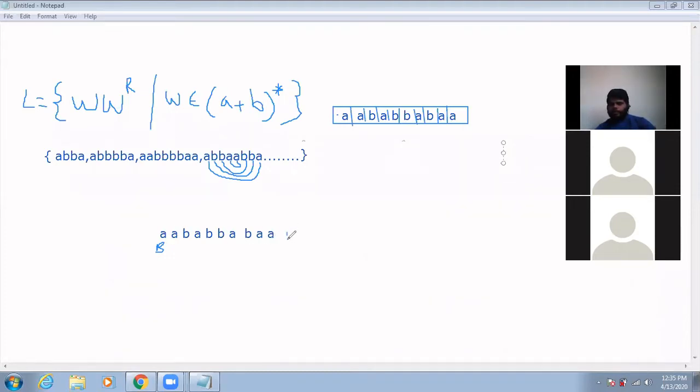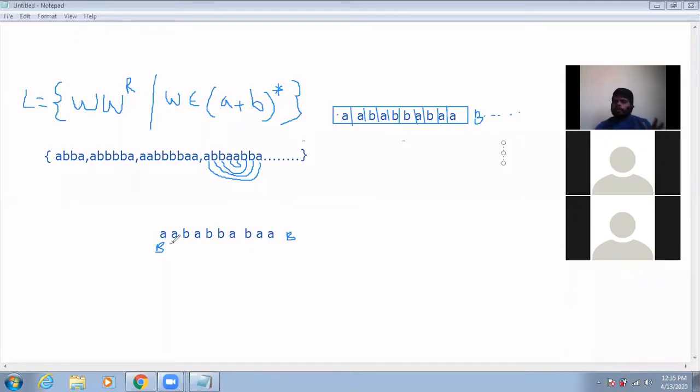So at the end of the string, the symbol there is normally blank. The input tape always consists of blank, because it is an infinite input tape. So the remaining empty cells, all empty cells, will be blank only. So what I'm doing is, A I am replacing as a blank, and I am moving right hand side.